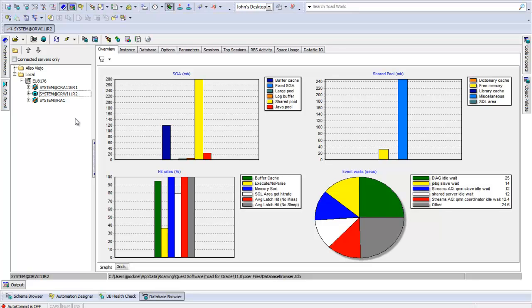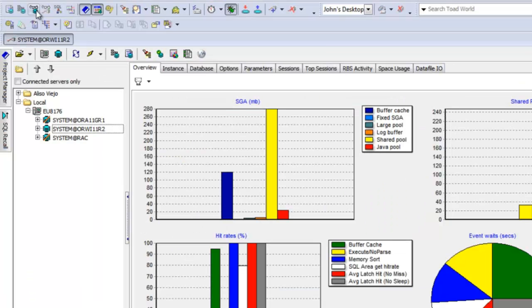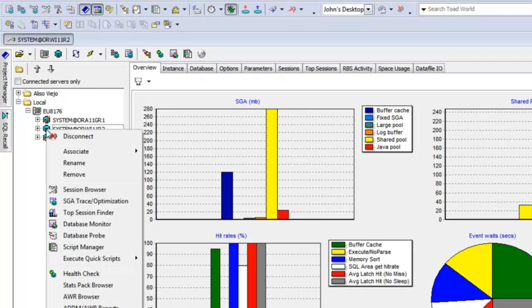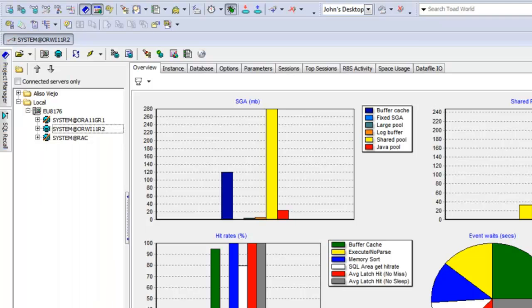Database Health Check can be initiated from the database browser. Database browser is one of the main features that can be launched from Toad for DBAs. So by right-clicking one of the databases that you're managing, you can perform a health check on that database. The other place you can launch Database Health Check from is from here, Database,